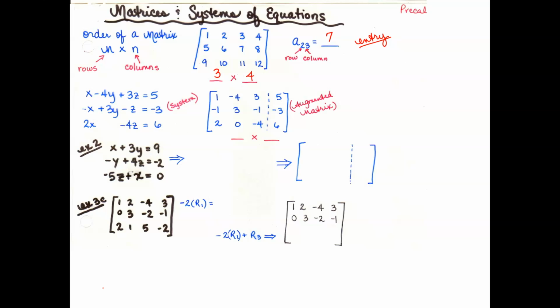Now, what would the order of our augmented matrix be? Rows and columns. What's my order? 3 by 4. Yes, so 3 rows and 4 columns. Now, if we took off just this last column, because that was what was on the other side of the equal sign, you'll notice the little dotted line right here that designates where the equal sign would go. So if I take off this last column and all I have left is this 3 by 3,